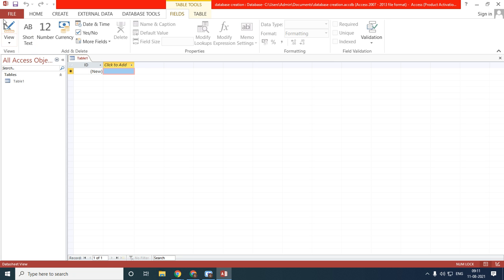The next component is your menu bar. In the menu bar, file, home, create, external data, database tools, fields, options like this are present. With the help of that, I can do the edit and all, can do the save. With the help of these different menu bar options, we can perform different actions, that is called your menu bar. This area is called the ribbon. This is the next component. In the ribbon, so many options are present.